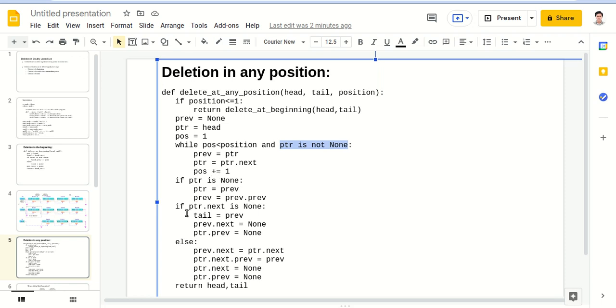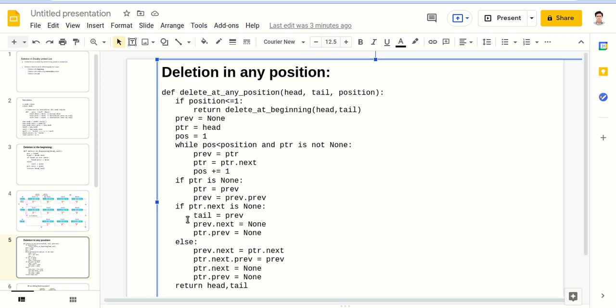And then what we need to check now. Similarly for this condition also, if it reaches, then this condition won't be satisfied and this code won't run. ptr has reached the exact position which is to be deleted, and prev is just the previous node to that.